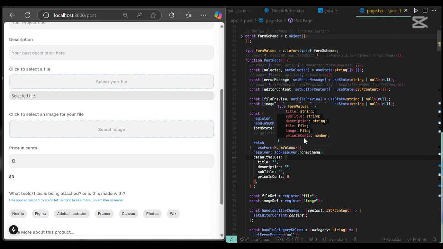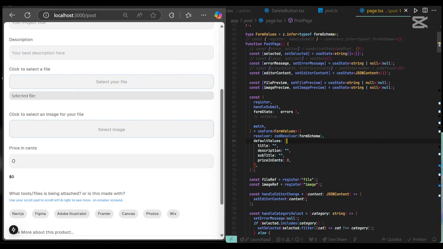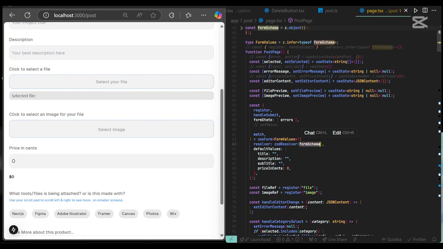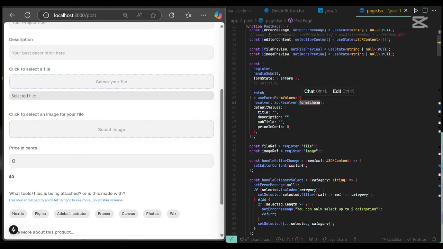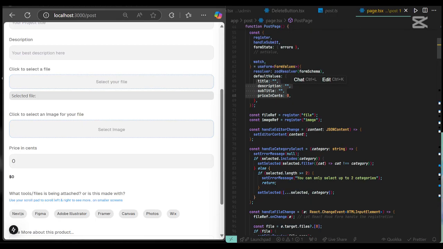Okay. So here we are using the Zod resolver and we're passing it the form schema which we defined earlier. And here, the default values we're going to be accepting are the title, the description, the subtitle, and also price in cents. Okay, so we're going to be needing some file ref because when we select an image